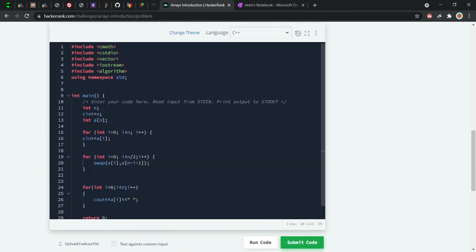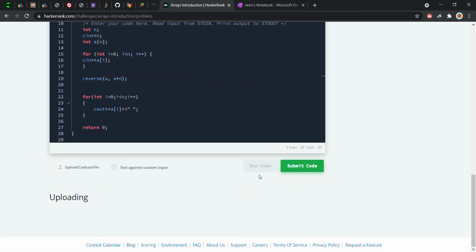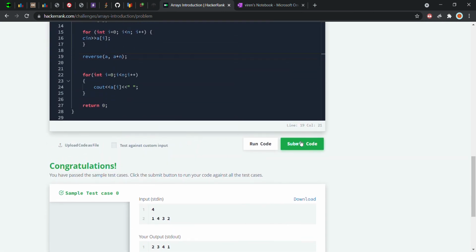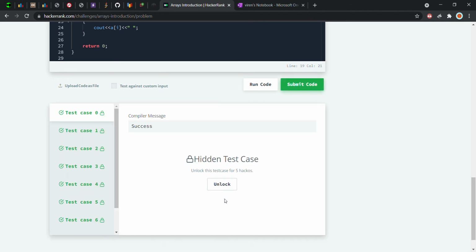And again we use one more inbuilt function here, that is reverse, and in place of the first parameter we pass the name of the array, and how many elements the array has, that we pass as the second. And that's it. You can see how small I could make my code. So let us run again, and again we get correct output. So let's submit and see whether it gives correct results for all the test cases or not. And yes, hopefully we get all of them correct.